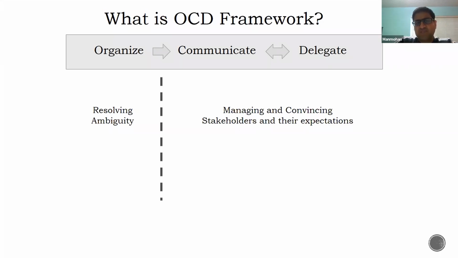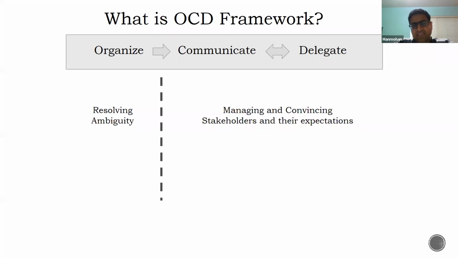And for this presentation, I thought, what is the best way to tell about remote product management? I think that the content of that article is still valid. It's just that I have modified the framework a little bit, which coincides with what remote product management entails. And so that's where this framework of organize, communicate, and delegate comes into the picture.